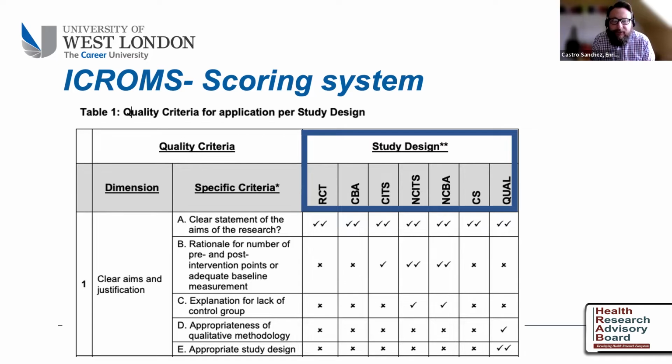At the top, you see that specific criteria B has got 1 tick. So for that study design, when you see 1 tick in a particular study design, that means that for that study, that's not a mandatory criteria, but it has to be assessed for the scoring system that I'll show you in a minute. So again, very systematic, quality criteria, 7 dimensions, specific criteria, sub-dimensions that some studies have to meet or not,